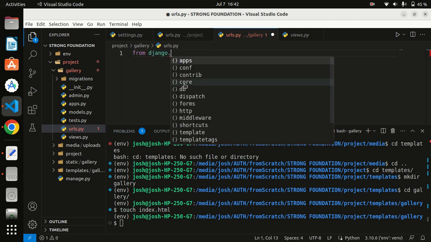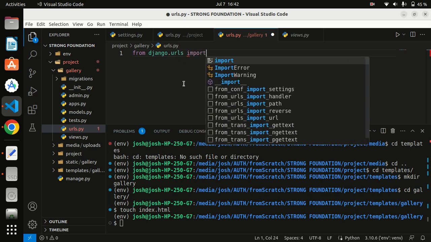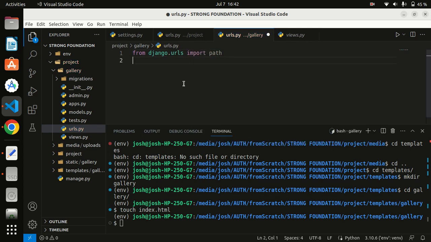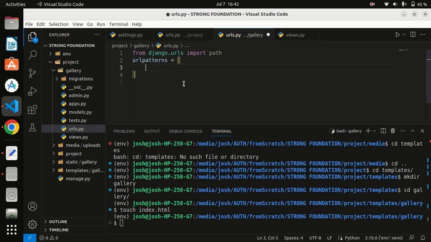From django.urls import path. Then path handles the patterns. They are called URL patterns. You write your own URLs using path. Then maybe at the home, if you had something like this,